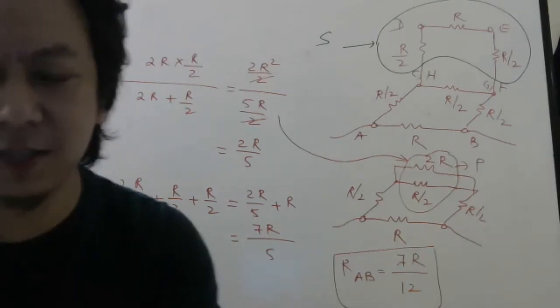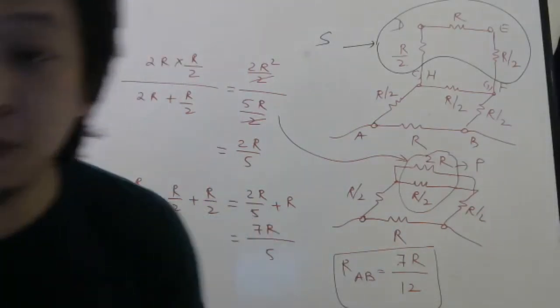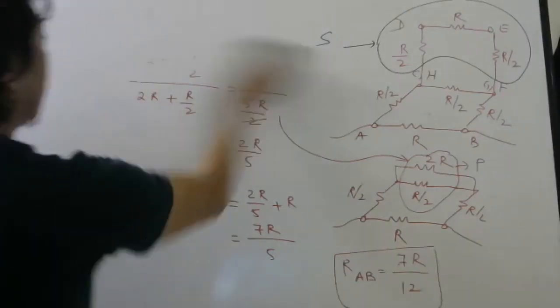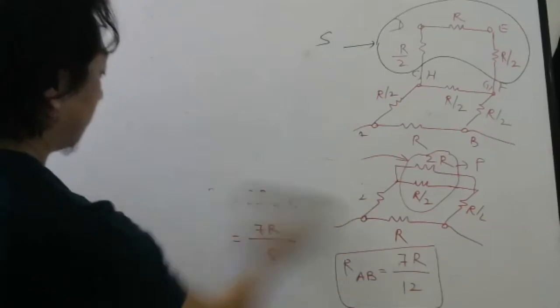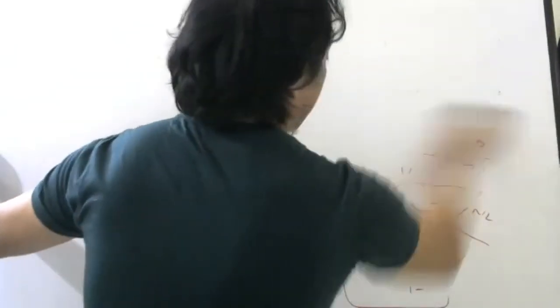This one is 7R by 12. And the first one, you have to check my notes. Or you can try tonight using symmetry. So using path symmetry,